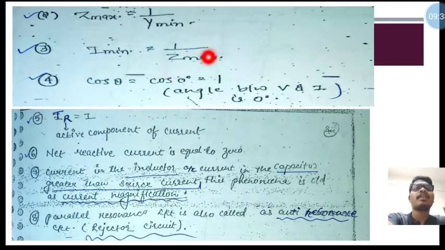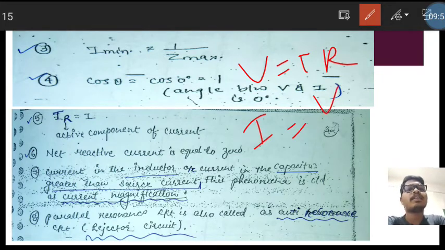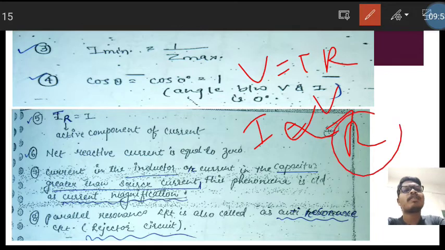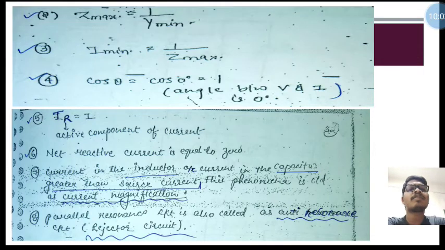Okay, and if impedance is maximum, then current will be minimum, because current is inversely proportional to impedance. See, from our basic rule, that is Ohm's law only, V is equal to IR we know. So I is equal to what? V divided by R. So it is inversely proportional to resistance, yes or no? So if it is inversely proportional to resistance, that means it is also inversely proportional to impedance. So if impedance is maximum, then current is minimum. So here in this case current will be minimum, and cos theta is equal to cos 0, because the angle between voltage and current is 0.